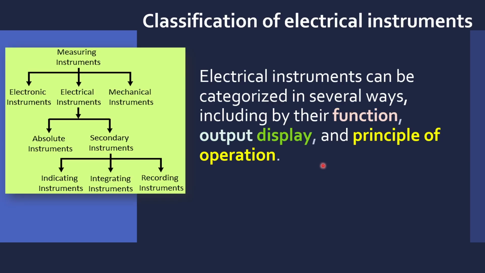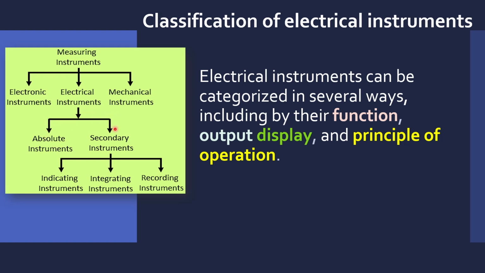Now let's try to understand classification of electrical instruments. Electrical instruments can be categorized in several ways, including by their function, output display, and the principle of operation. Measuring instruments basically fall in three categories. This could be electronic type instrument, this could be electrical type of the instrument, or it could be a mechanical type of the instrument. So as we are discussing here,